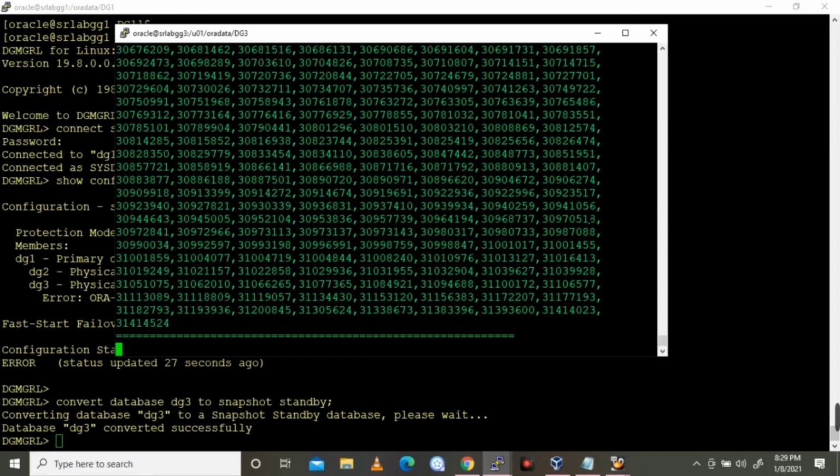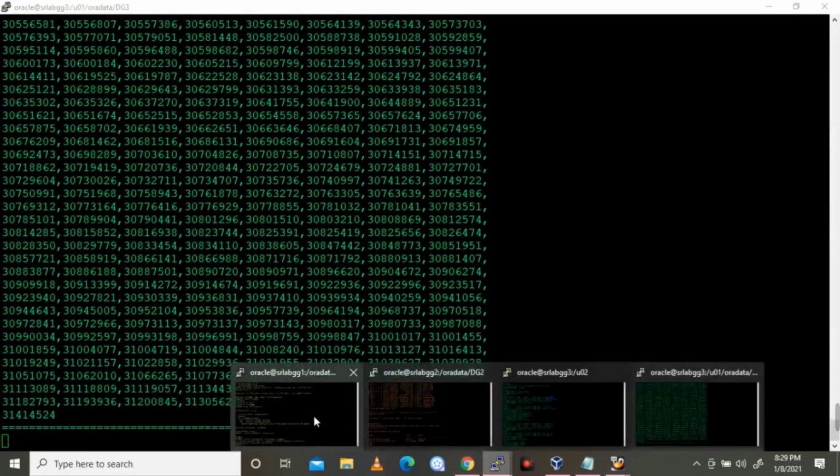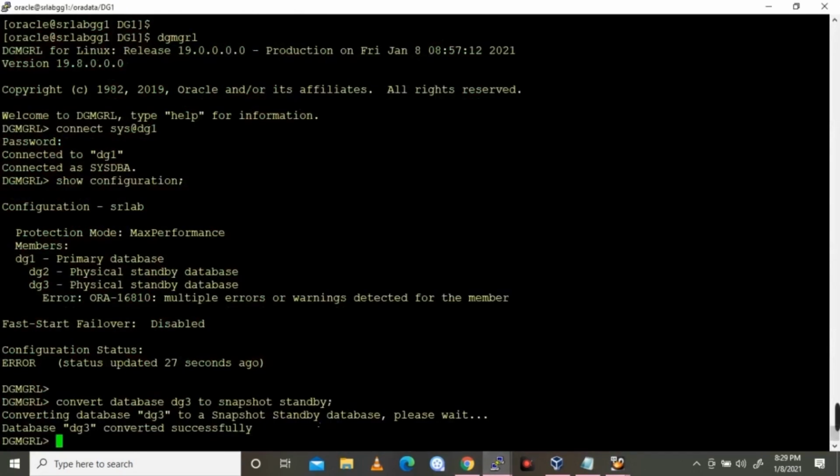Okay, this is what is happening. The database has almost been converted successfully. The snapshot standby database is now converted. Now let's go to the second standby database server and validate the configuration.